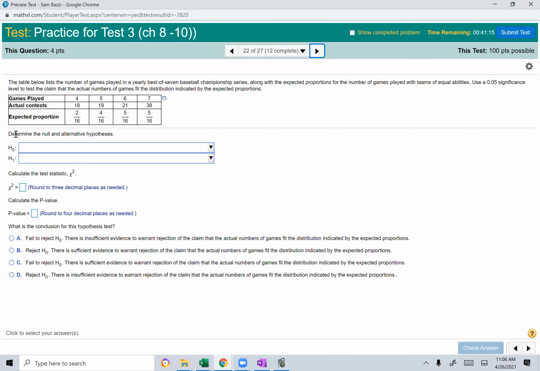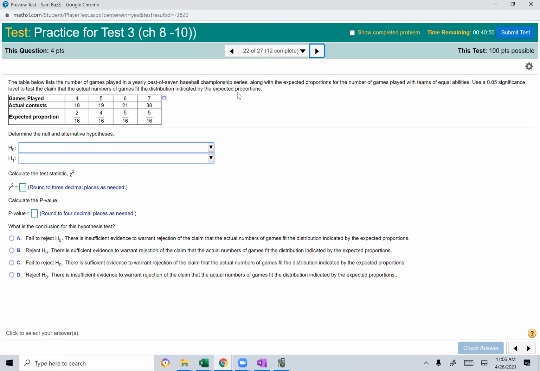The table below, this is again section 10.1, lists the number of games played in a year best of 7 baseball champion series, along with the expected proportion for the number of games played with teams of equal abilities. Use a 0.05 significance level to test the claim that the actual number of games fit the distribution indicated by